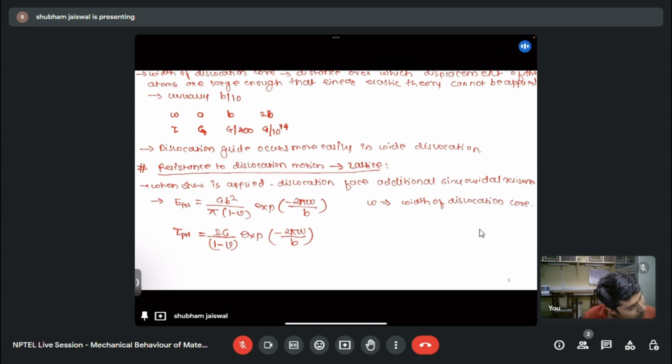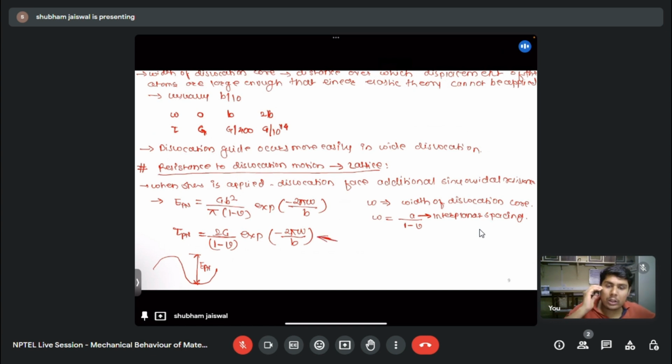And it is given by the equation W is equal to A upon 1 minus mu, where A is nothing but the interplanar spacing. So, if we observe this equation carefully, and this is the Peierls-Nabarro energy. If we carefully observe this equation,